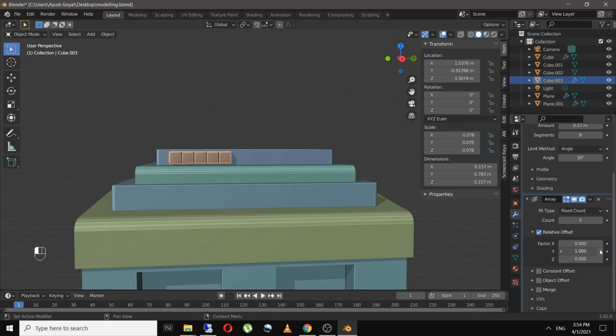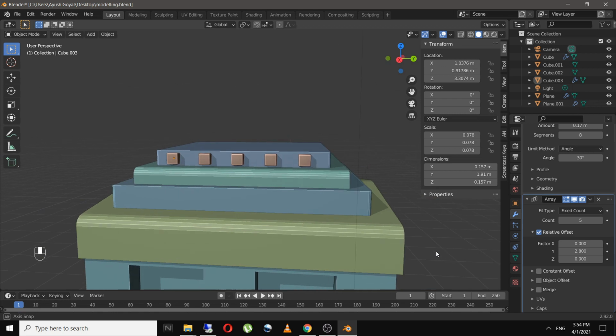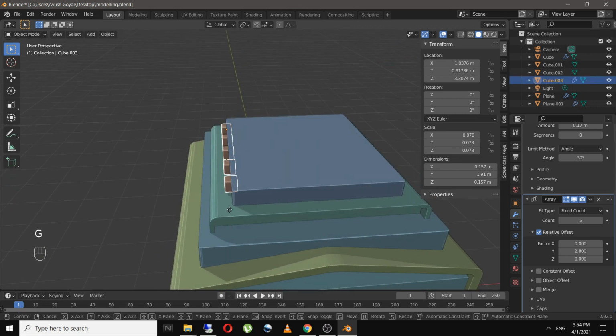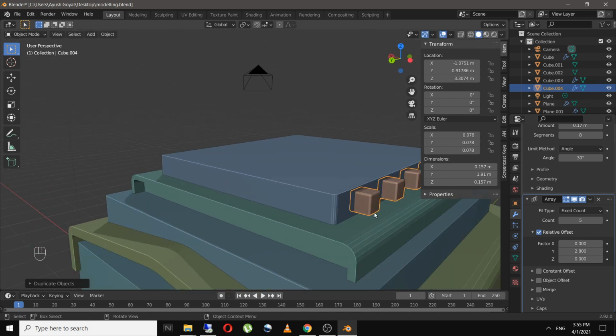In my other screen, I already have a townhouse image open. So I'm taking the reference of that image and building my model over here. If you guys want, you can see the reference image or take a screenshot of the reference image at the beginning of this tutorial.